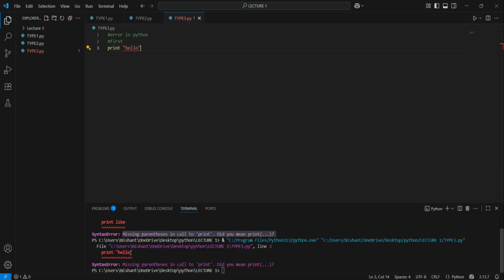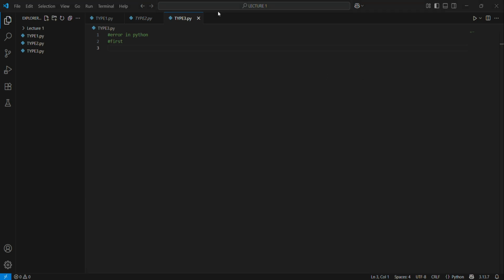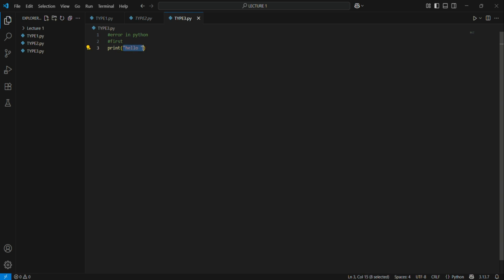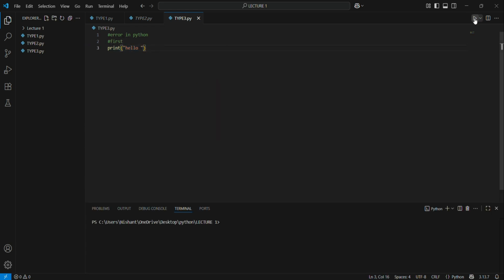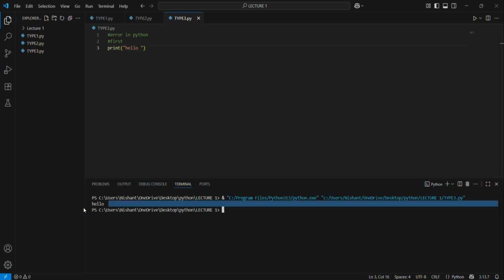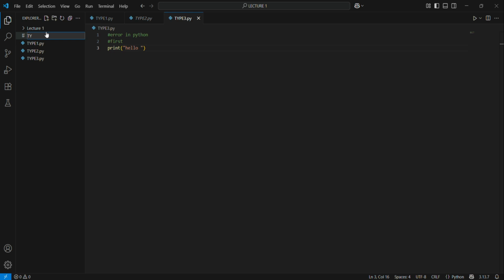Python is a case sensitive language, therefore it generates the error. The correct way of writing the print function is print, parenthesis open, double quotes, under it the string, anything you want to mention, double quotes close, parenthesis close. This is the correct manner. This will provide us the output hello.